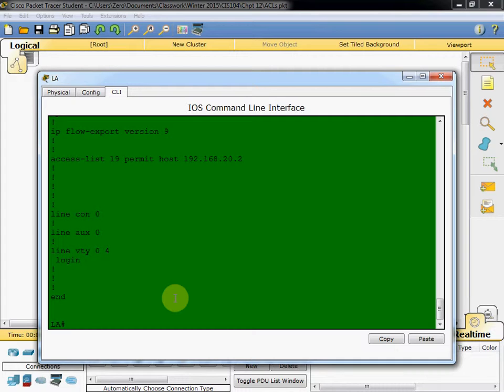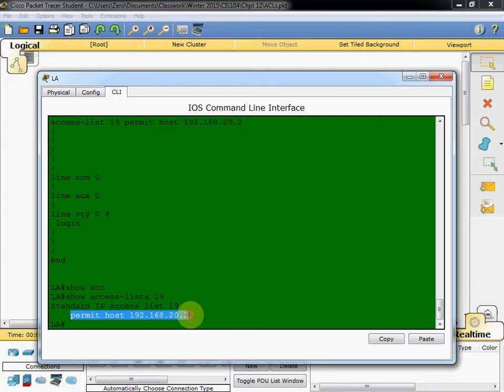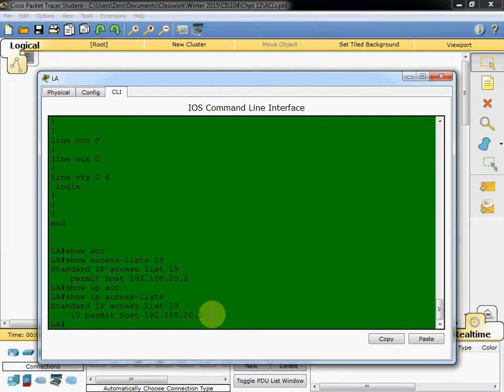So we've done the show access-lists, we've done the show run, we have a couple of other alternatives. So we can give the command show access-list and then the specific number, and we can see the commands that are listed, or the entries, and so it would list them all here. Another command that we have at our disposal is show ip access-lists. So again, we see the access list number as well as the entry within it. If we had multiple entries, remember that access lists are top-down, so the first command you enter will be at the top, every subsequent command will fall underneath,